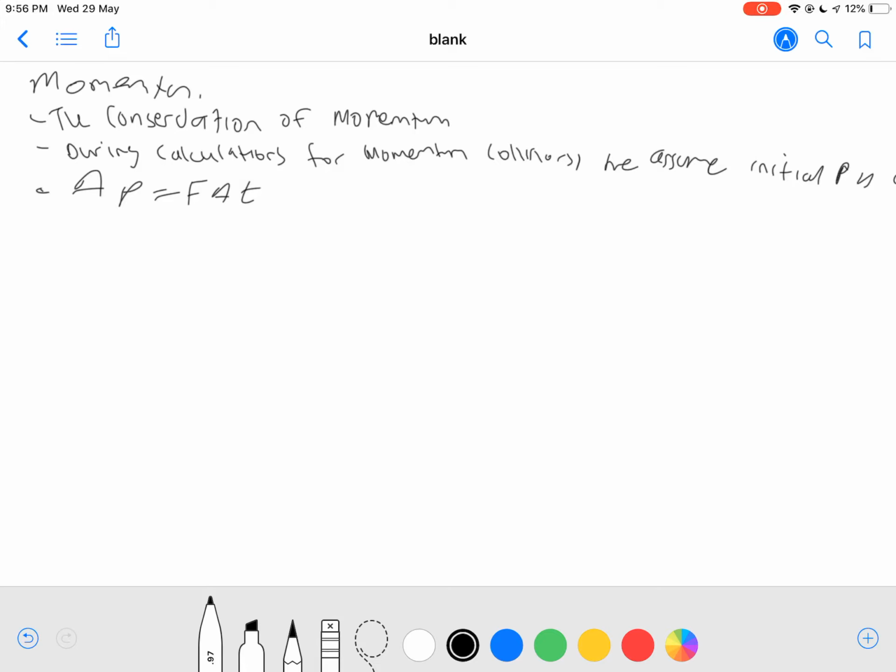For most of these questions, you have to relate back to the stopping time, the change in time, and how the change in time affects the force experienced, given that change in P is the same. In most of these questions, they're going to let you assume that the change in momentum is the same. Therefore, if the change in time increases, then the force will decrease. But if the change in time decreases, then the force will increase. So just remember that.